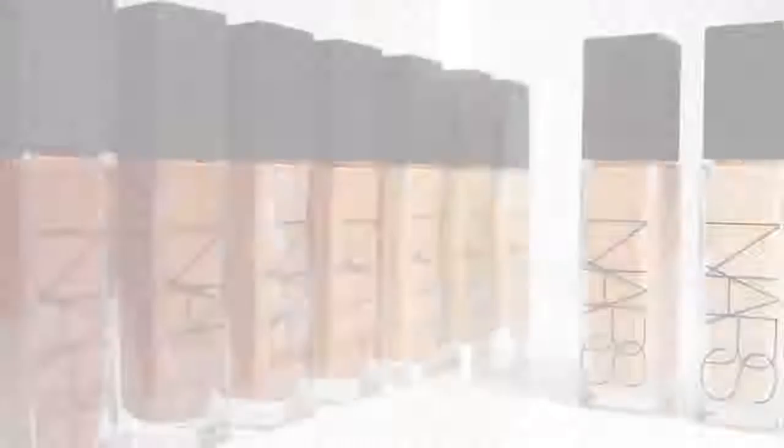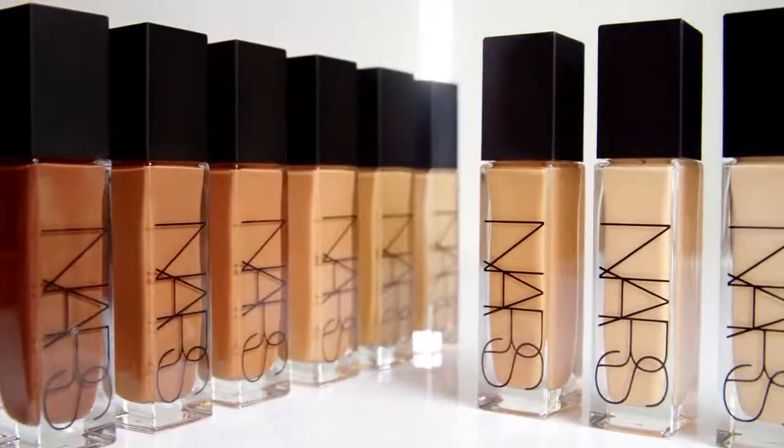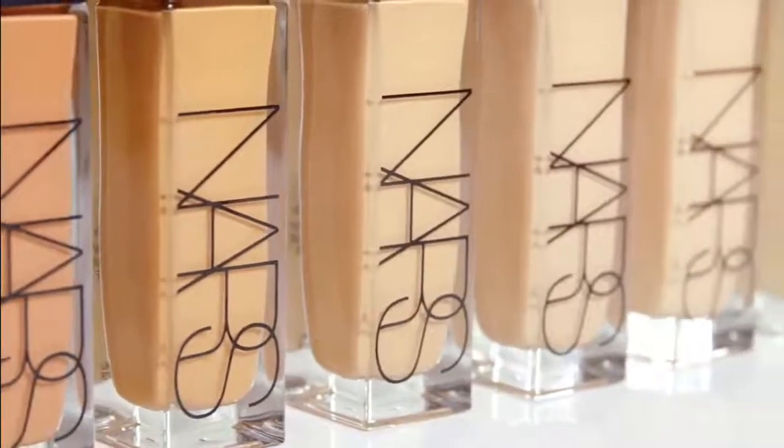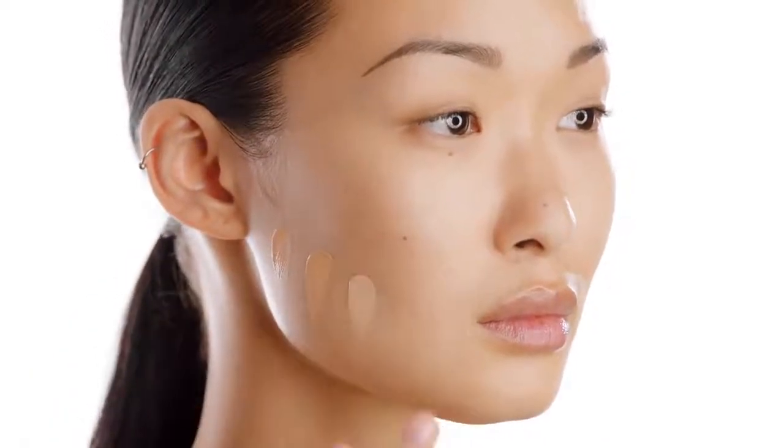Love how beautiful and radiant it makes the skin look. It adds dimension I think a lot of women want in a foundation. Natural Radiant Longwear Foundation comes in 33 shades, so it's really easy to find your perfect match. I love that it can cater to all the skin tones. My favorite way is to swipe 3 shades along the jawline, and the one that disappears into your skin is